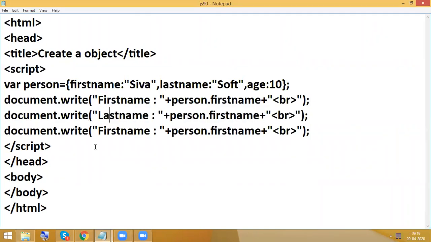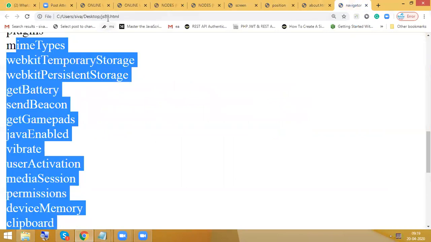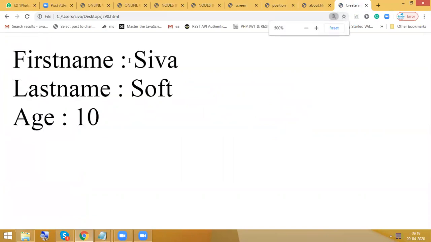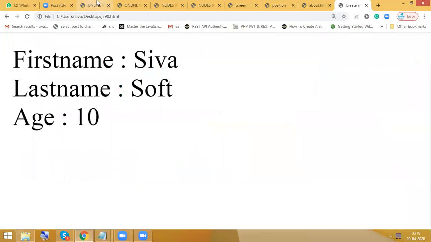Next last name and next age: person.first name, person.last name and person.age. This is the way we display the information. So an object with properties is nothing but a prototype. This is the way in pure JavaScript we have the object concept, how to create a custom object.